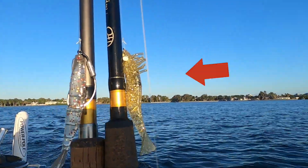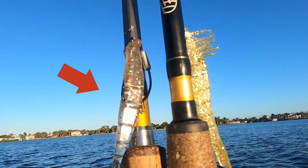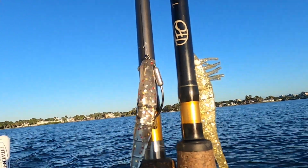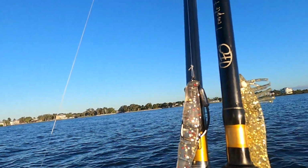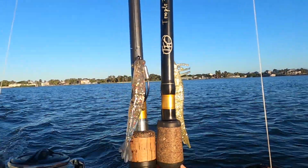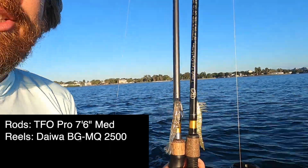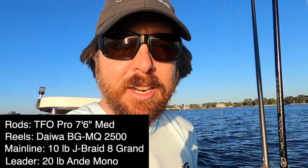Over here, we have the DOA shrimp, right? Classic shrimp lure, been around forever. And then over here next to it, we have the Power Prawn U.S.A. Junior. This is a new shrimp lure. Both of these are 3.5 inches. They're very similar colors, as close as I could get. Same rods, same reels, same lines, everything's equal, and we're gonna go out there and just do cast after cast,